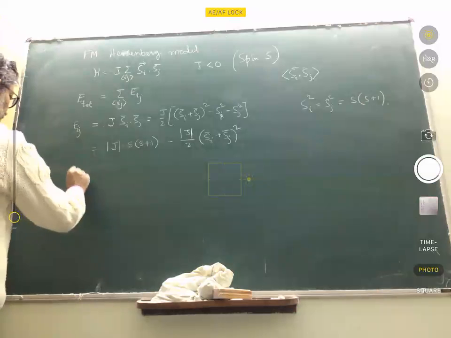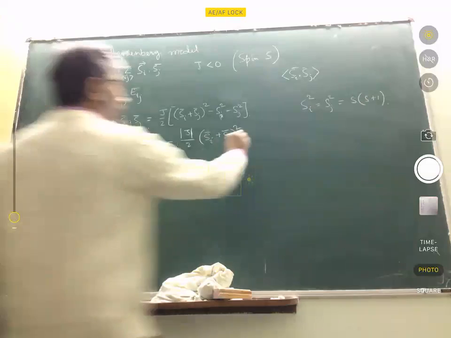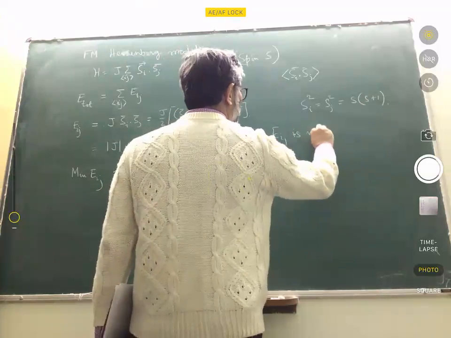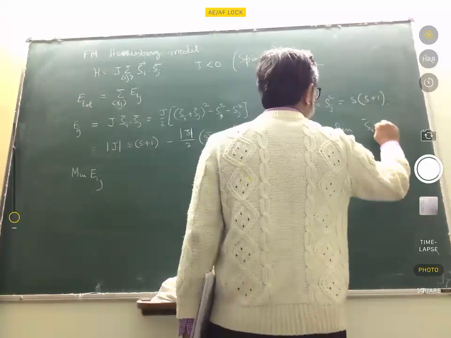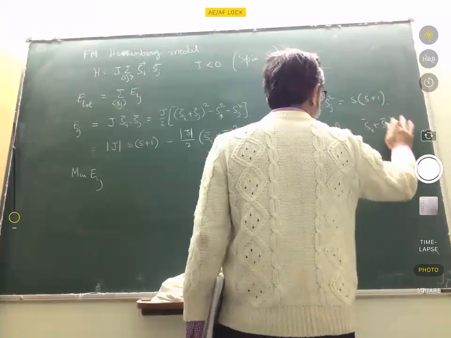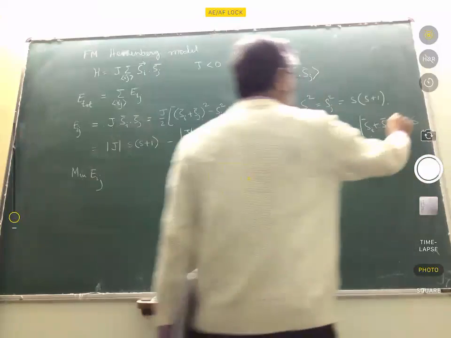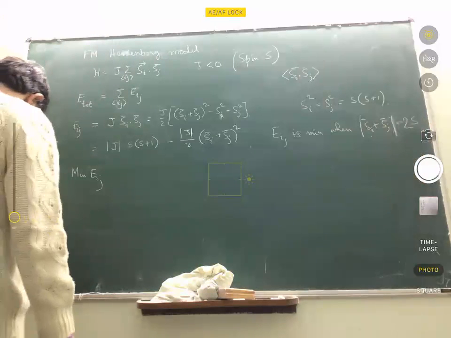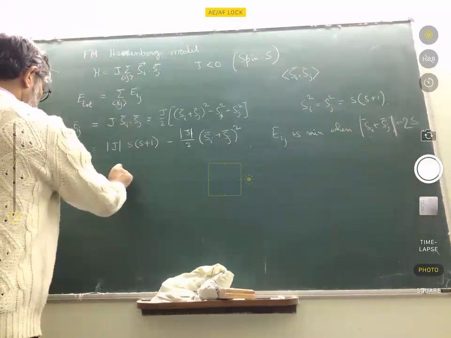So basically what I'm saying is Eij is minimum. So one of this is twice this. Right. So if you plug in this value, what you get is